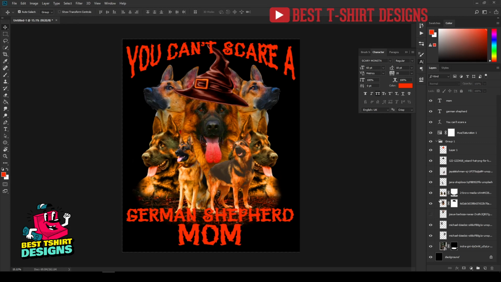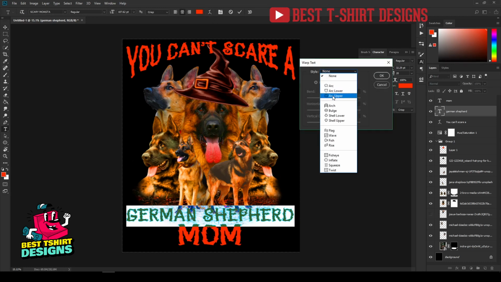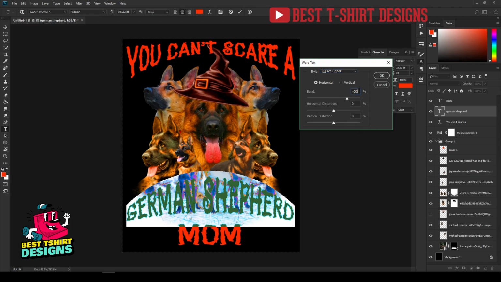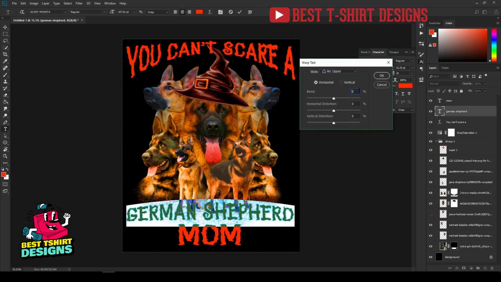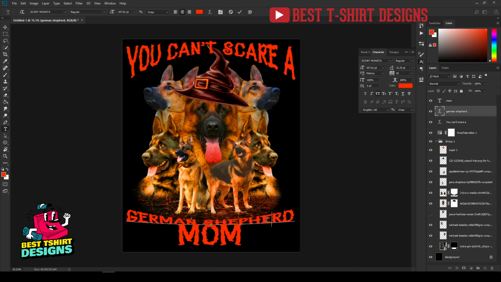You can't scare a German Shepherd. So this German Shepherd, I'm going to apply that similar style that I applied, arc lower on the top. So on the bottom, I'm going to apply arc upper. Again, I'm going to make it minus 10% or maybe minus 20%. I don't know how it will look, but let's